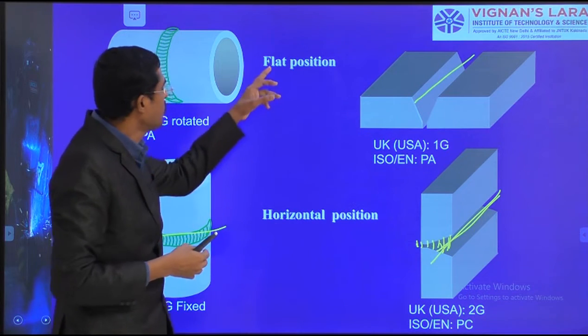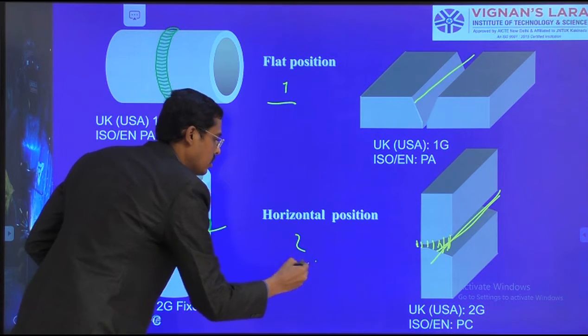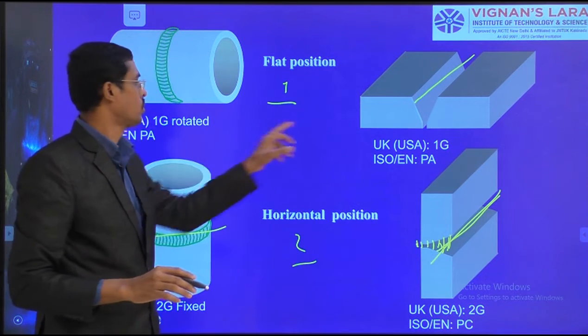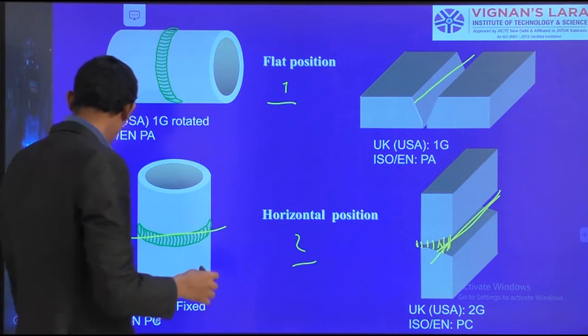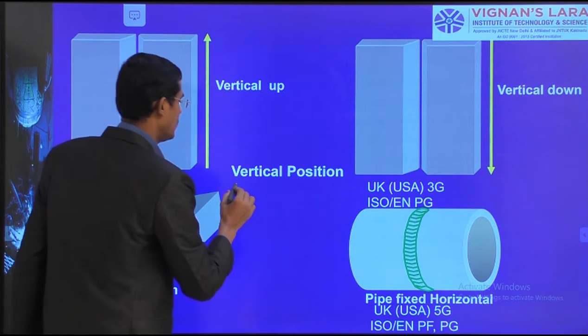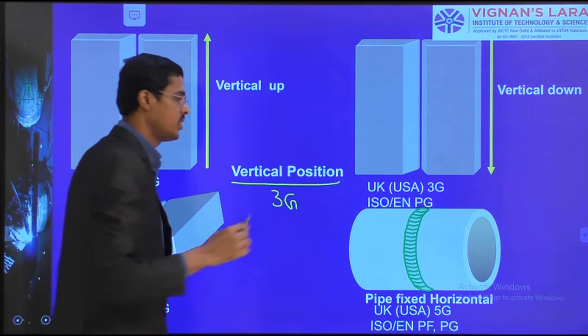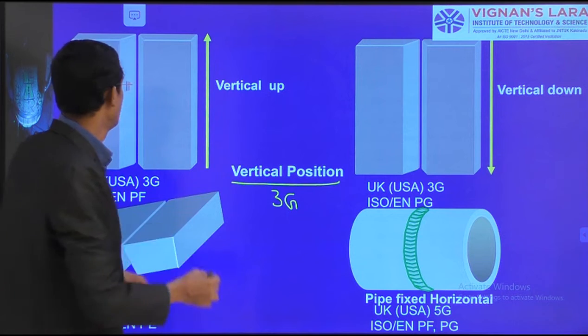Okay. Now we are talking about the flat and the horizontal. It means 1G position and 2G positions we have discussed. Now we have to go for 3G positions. Here, the vertical positions are named as 3G. 3G positions. So see,